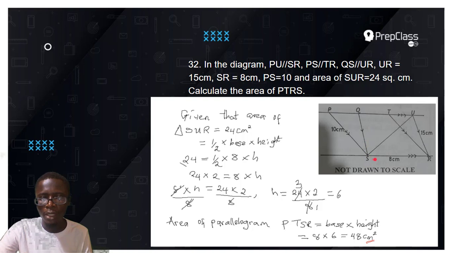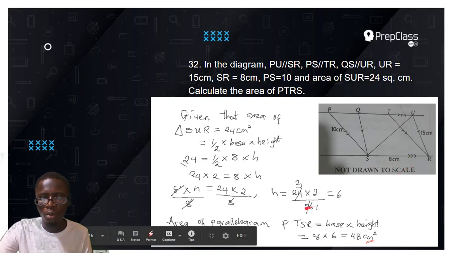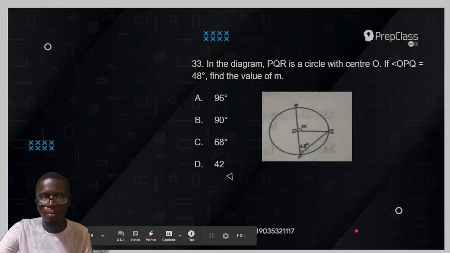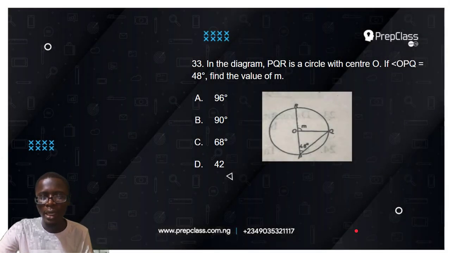Now the base, don't forget, is our SR. So the formula for calculating the area of a parallelogram is base times height. Our base is 8, our height is 6, so 8 times 6 is 48 centimeter squared. This is option B. Proceeding ahead, question number 33, it says, in the diagram,